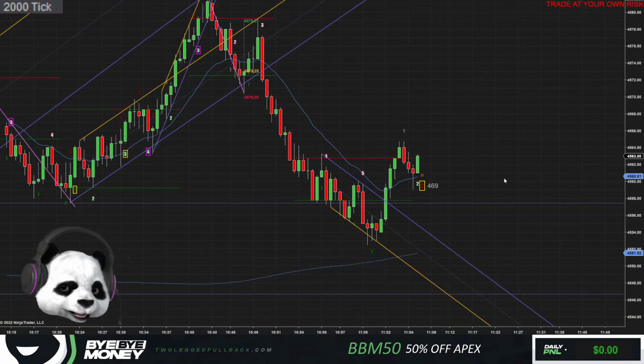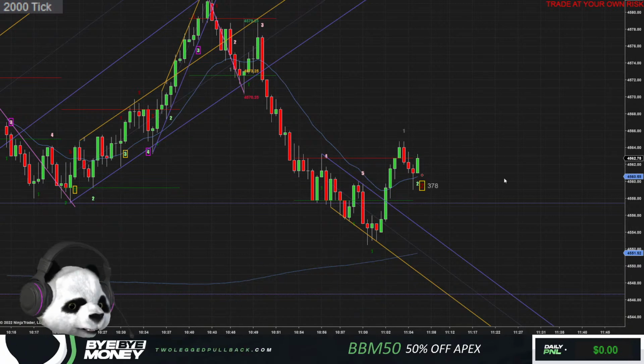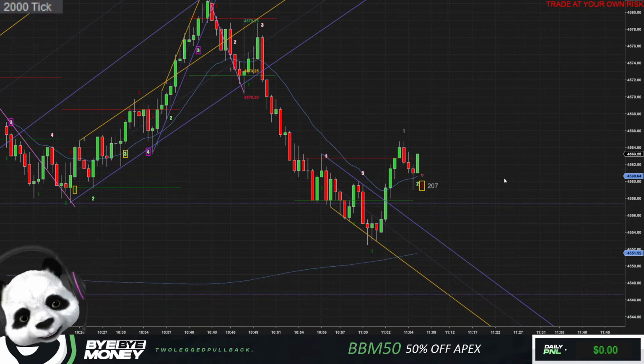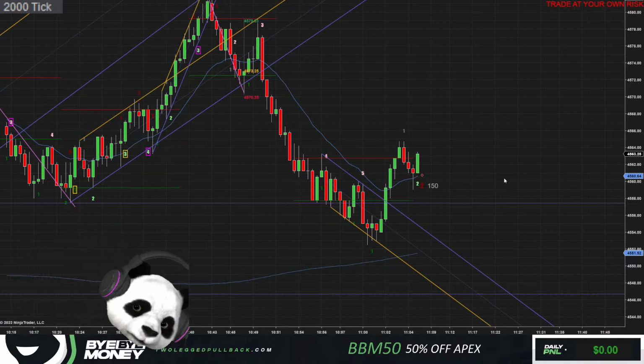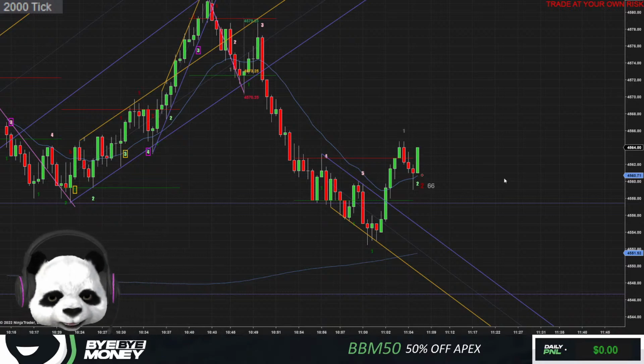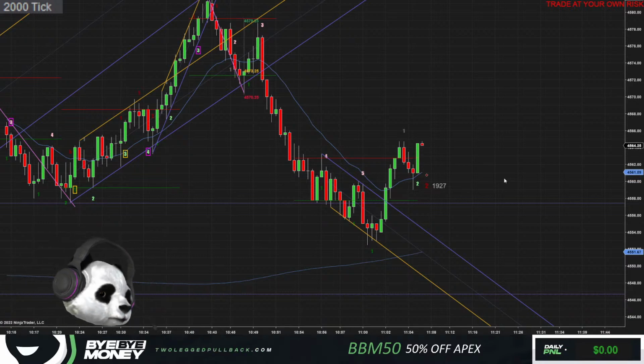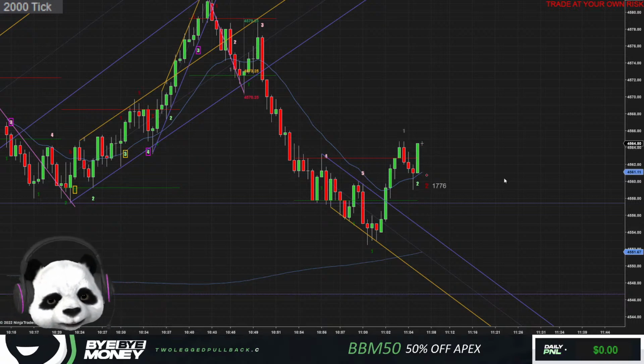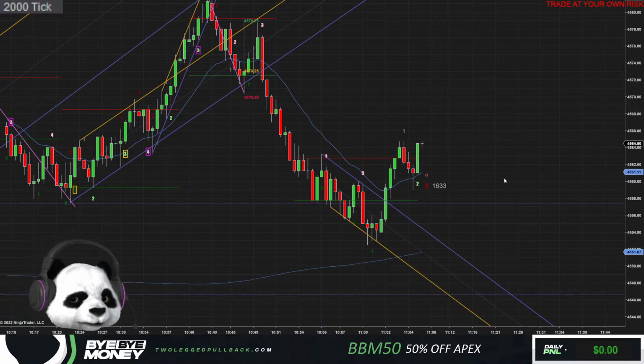I don't know if I like it. I don't know if I like the long because I'm looking for a new low. I don't like the short because we're above the 20 MA. Very confusing. Most of the time I skip these trades. It's my experience too. I've been burned by these.